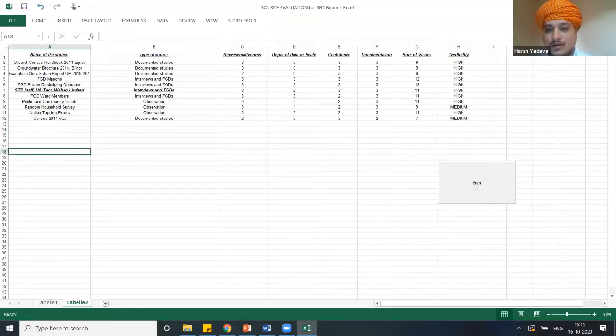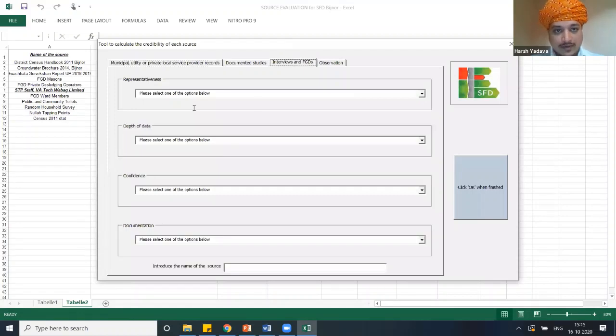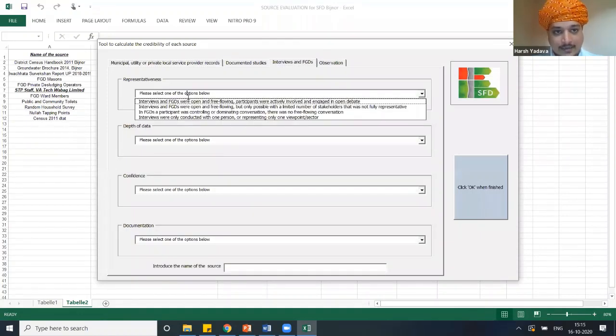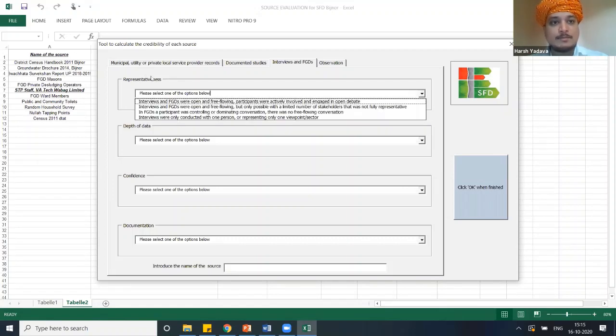For example, let's say one more example, an interview or FGD you have taken. Let's say I'll take an example of an FGD of private ledgers. When I click on the pull-down menu for the representativeness of private ledgers, there are 4 kinds of options coming here.